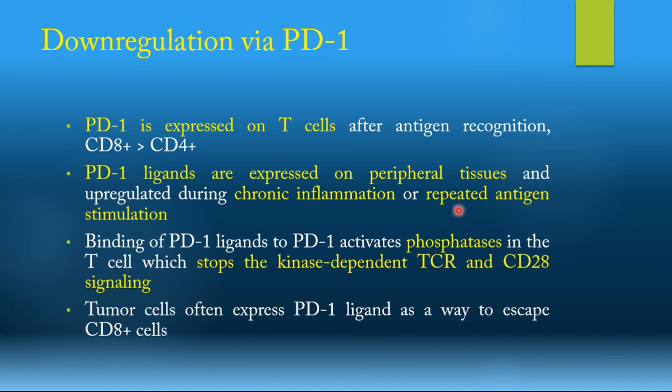But the problem comes when cells like tumor cells learn to express the PD-1 ligand more than normal. And now these tumor cells have this natural way of actually avoiding the cytotoxic T cells. Whenever the cytotoxic T cell wants to come and kill this tumor cell, they will bind to this PD-1 ligand, and this will deactivate the cytotoxic T cell, not allowing it to kill the tumor cell. And this is a problem, and this is one of the ways that tumor cells use to avoid the immune reaction. This is it basically for the naive T cell